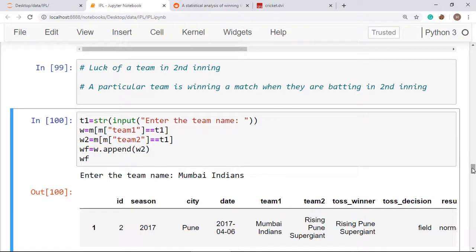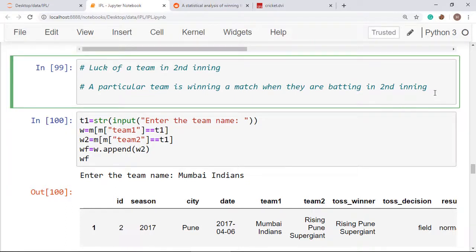Now how will we make the decision? First, we check whether the team has won the toss or not.